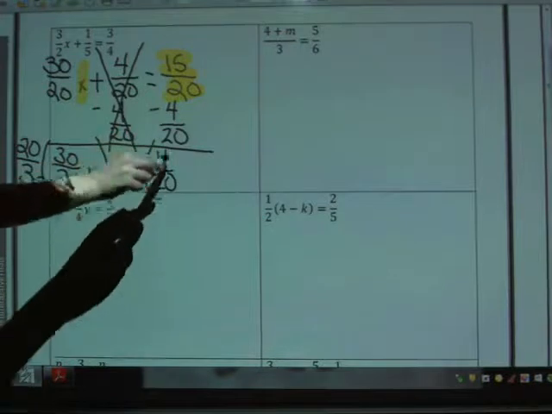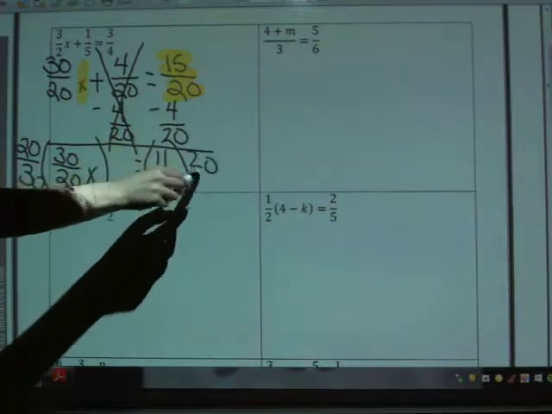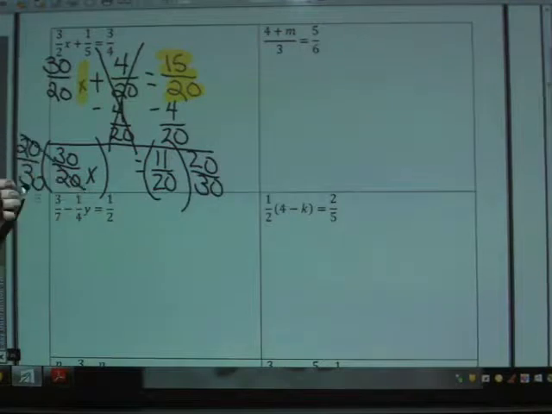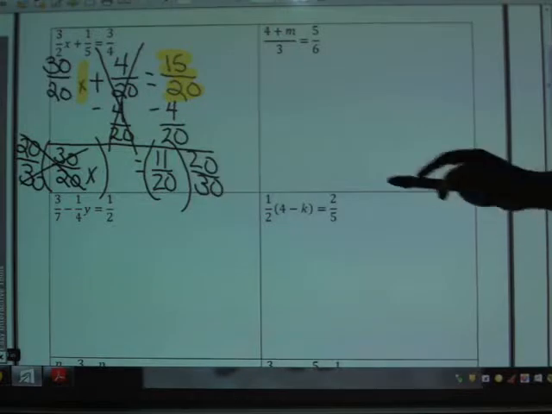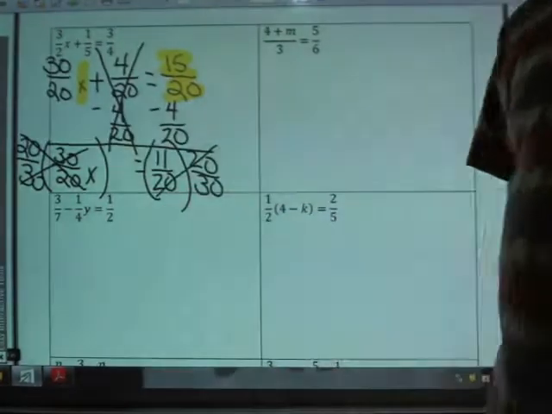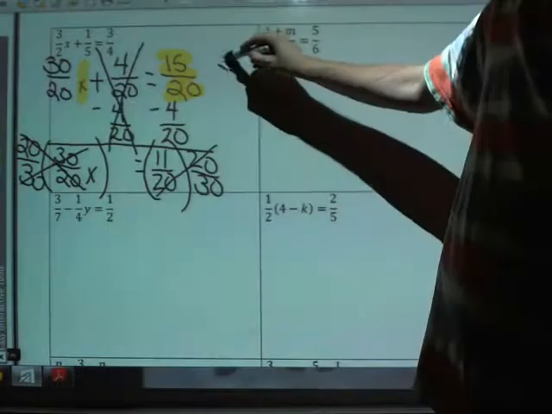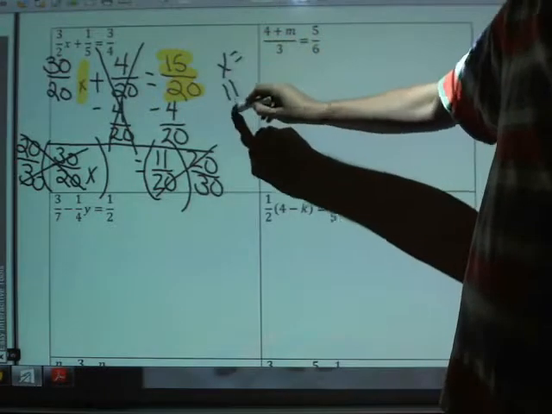Now I think you can see why that works on the left side there, because if we look at canceling on the diagonal, 20s are going to wash each other out, and the 30s will do the same, and that just leaves me x, which is of course what I want, because that's what I'm solving for. Remember, that's the reason we keep the variable on the left by itself. On the other side, we do have a little bit of luck here, in that the 20s will do the same thing there as well, and will just leave me 11 over 30, which needs no reduction. So x after we've done all that work equals